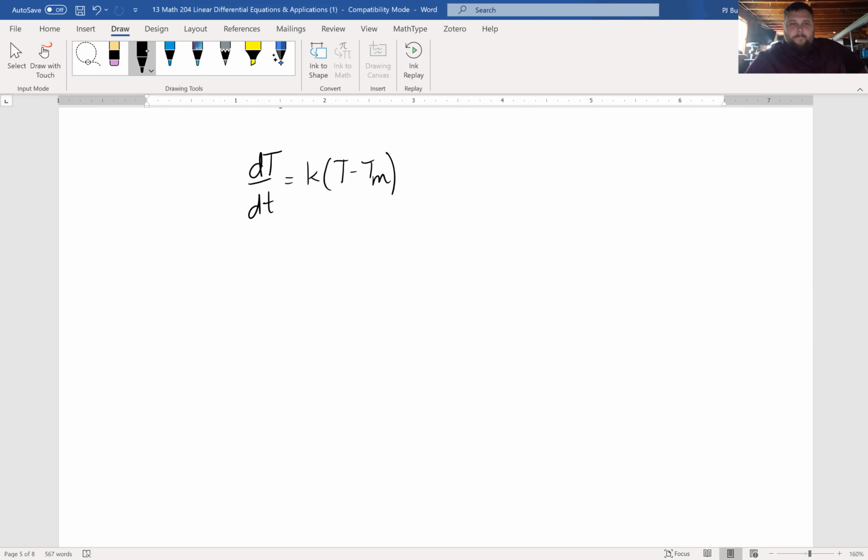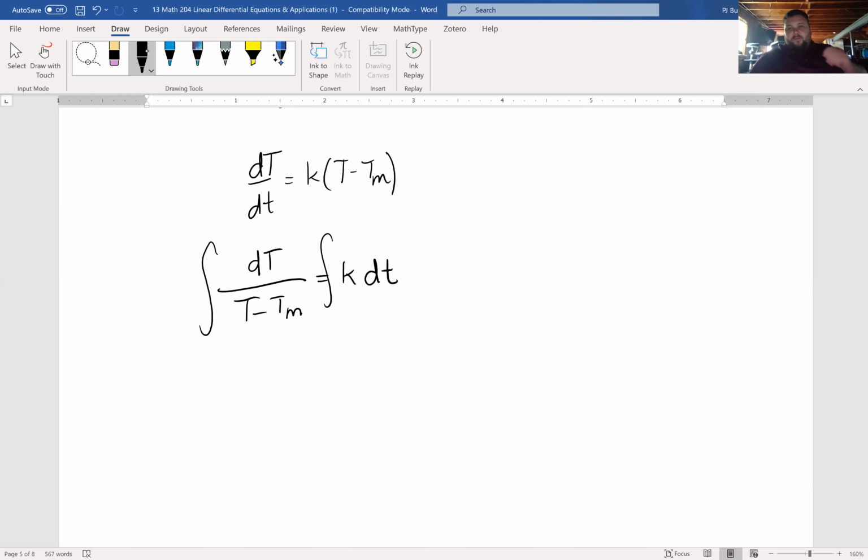So T minus Tm, that's all a function of temperature because Tm is a constant. So I am going to divide this side by T minus Tm and multiply this side by dt. That allows me to integrate